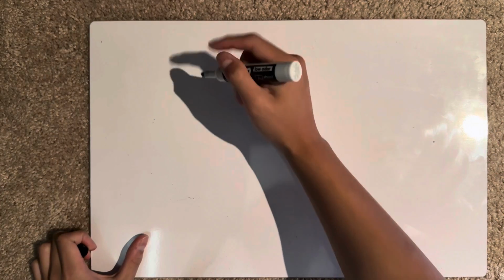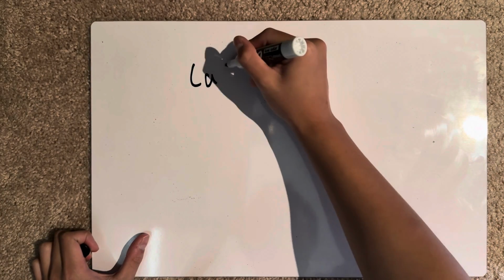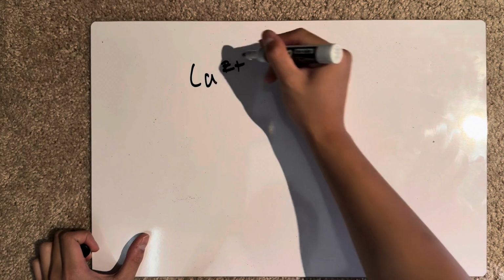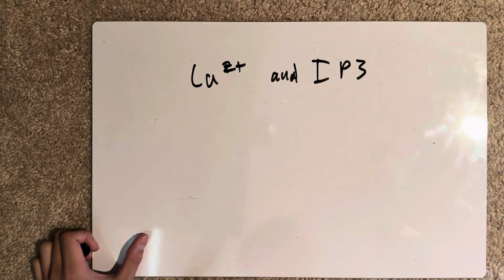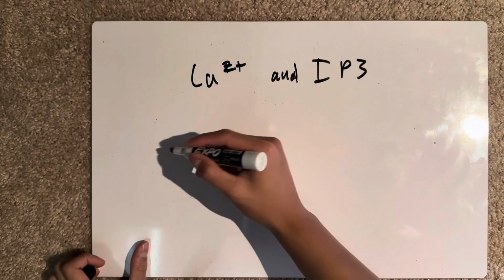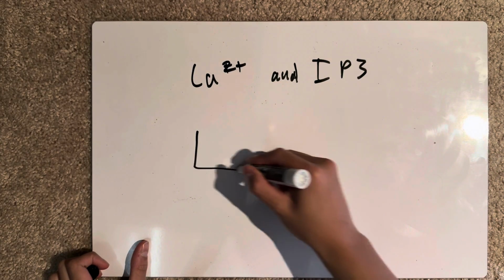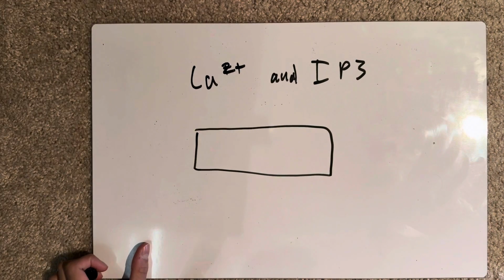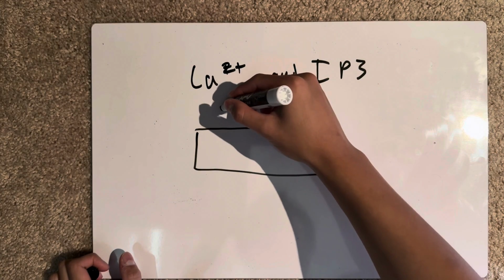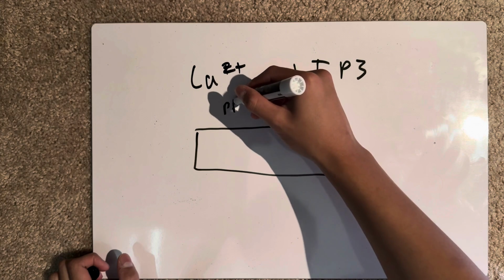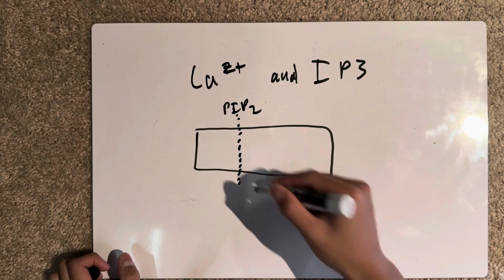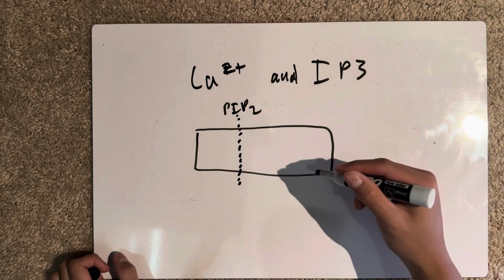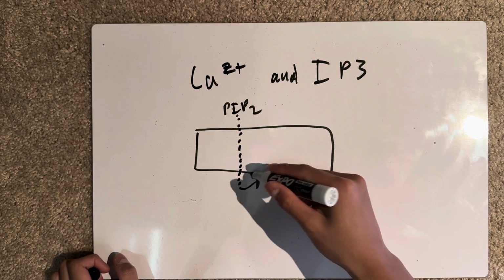The next secondary messenger we are going to talk about is actually Ca2+ and IP3. So say we had, obviously, another cell membrane. There's going to be a PIP2 molecule. And basically this just diffuses straight through the membrane, and it goes through a protein which is called